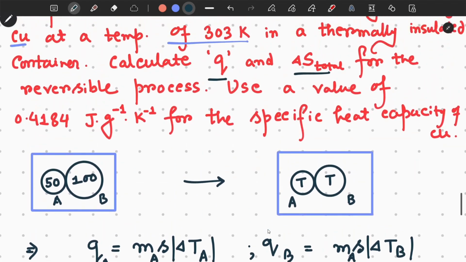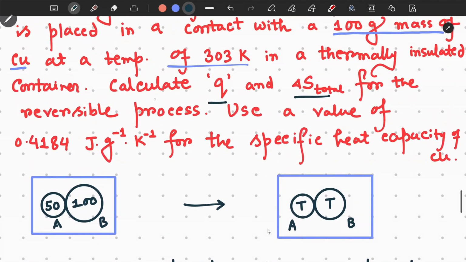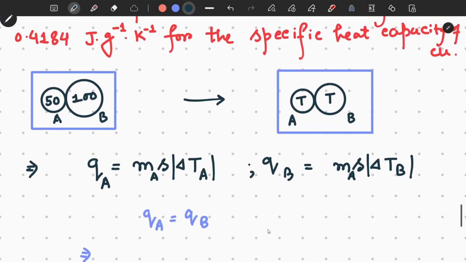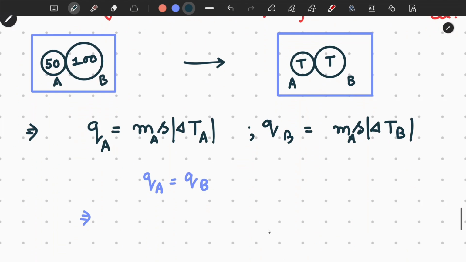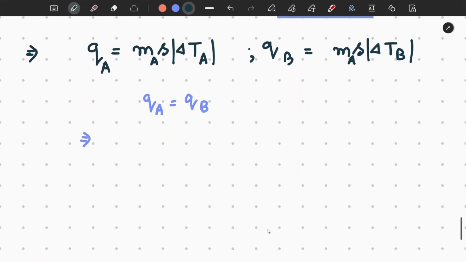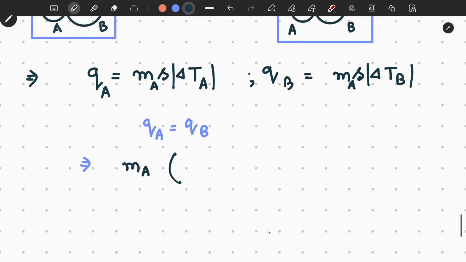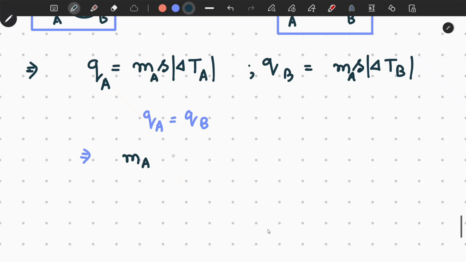Both are copper. Yes, copper, copper. S is the same here. So it will be MA delta TA. What is delta TA? You have to take the mod of delta TA. It is eventually T minus 50. 50 means 273 plus 50, so it is 323. It should be equal to MB of,